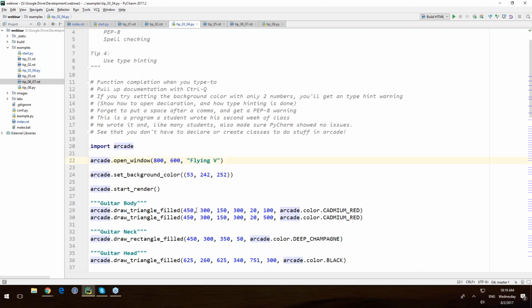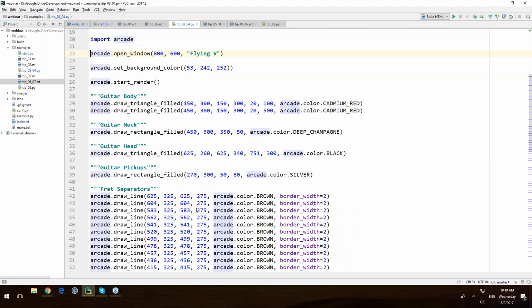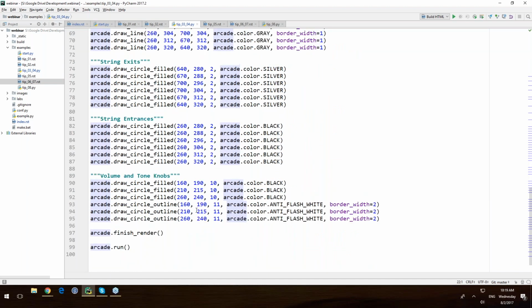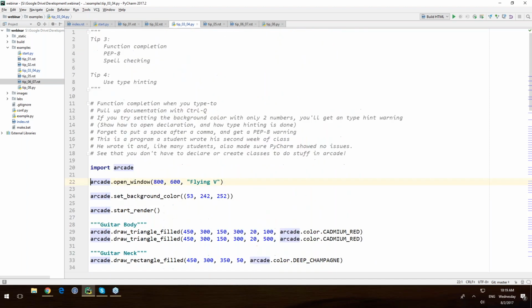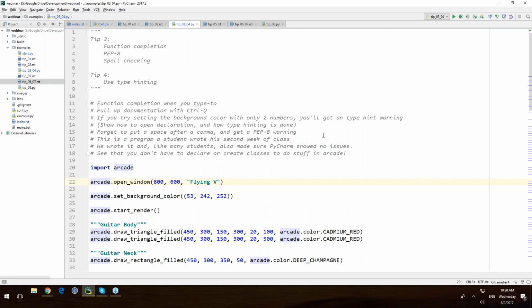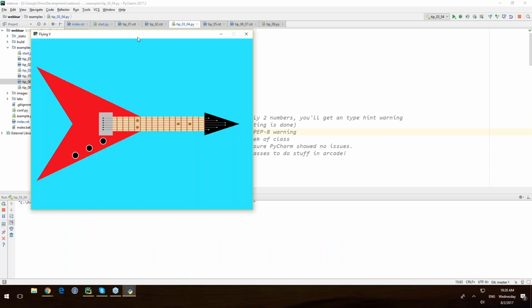So the program that I've got right here is just a drawing program. You'll note it does not include functions. I mean, it includes function calls, but the student is not defining functions, which is important because I haven't taught them how to do function definitions yet. But this is just a typical student program. Whoops, ran the wrong program. This is a typical student program from the second week of teaching. And come on, run. There we go.